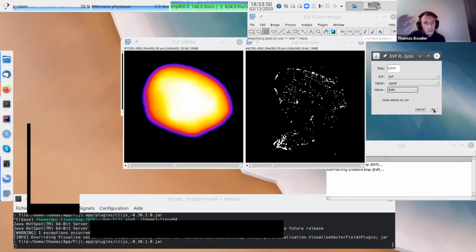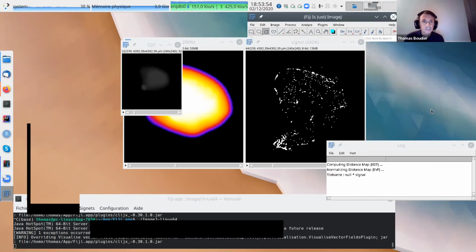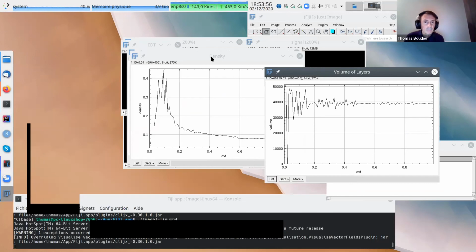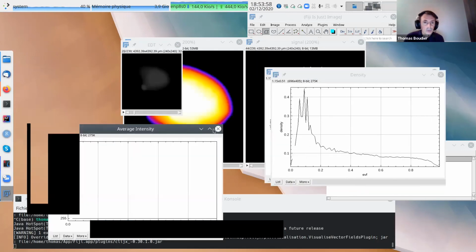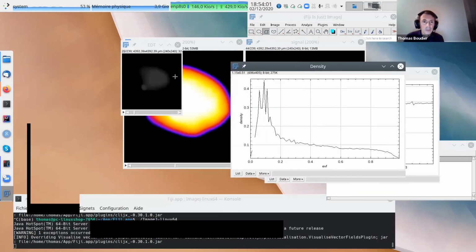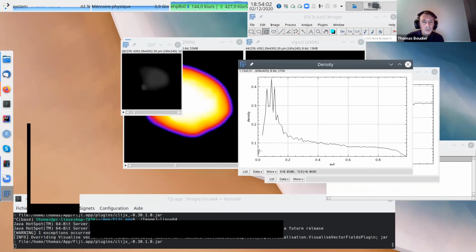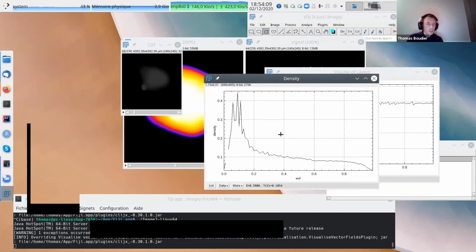Inside the layers, I will compute how many signals I have. So this one is okay, density. So we see for all the layers. Actually, sorry, it's not 10 layers, it's 100 layers.